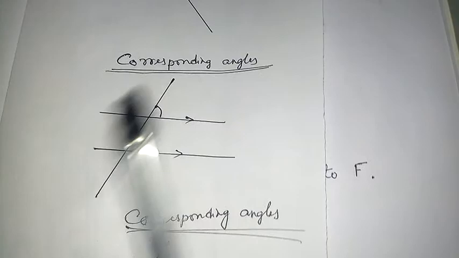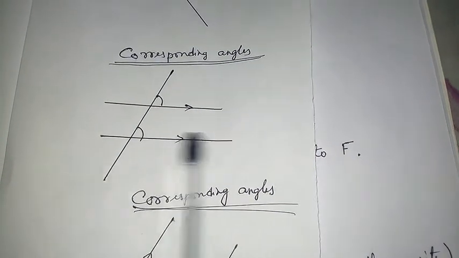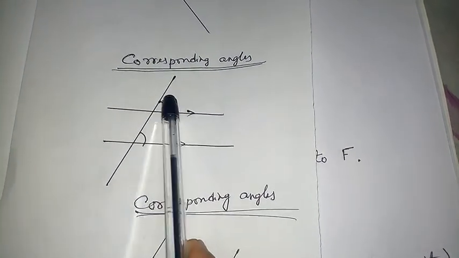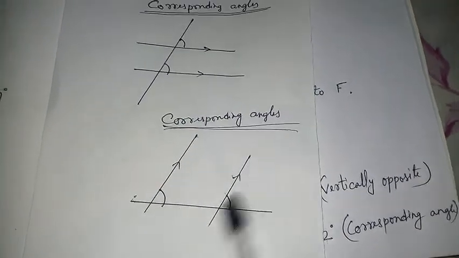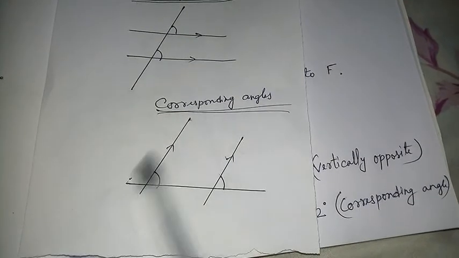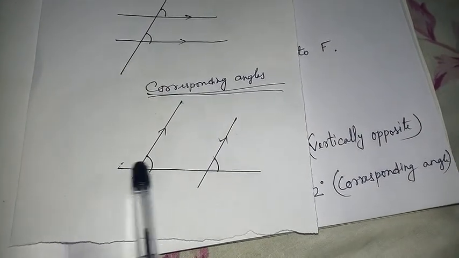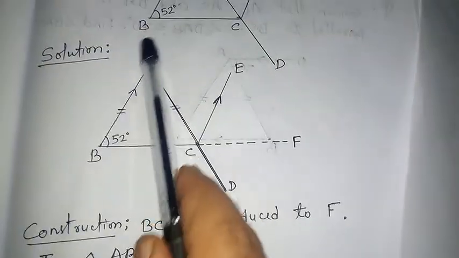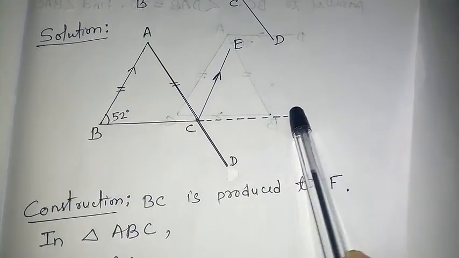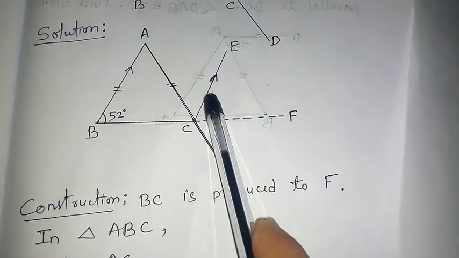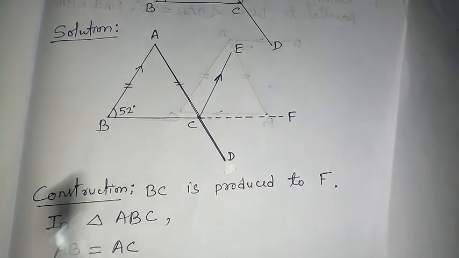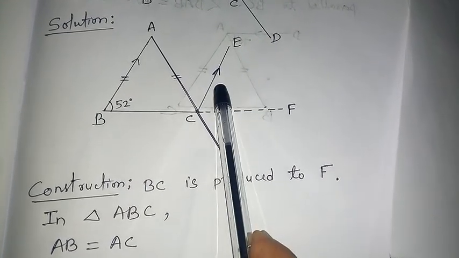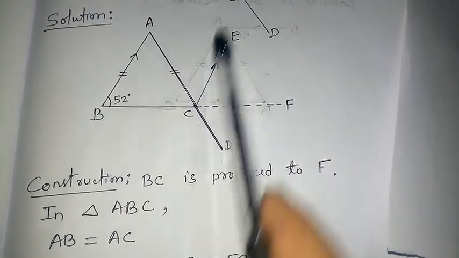One more example I will show you of corresponding. Suppose two lines are parallel and one transversal comes, then these two are said to be corresponding. Similarly, the same parallel lines, but here it is horizontal, here it is vertical. In this case, a transversal passes like this. These two are said to be corresponding. You can see the same kind of thing is happening here. These two lines are parallel and one transversal passes like this, then both angles will be corresponding. So the lower part will be known, the upper part will be known. Then you add both, and DCE will be known.